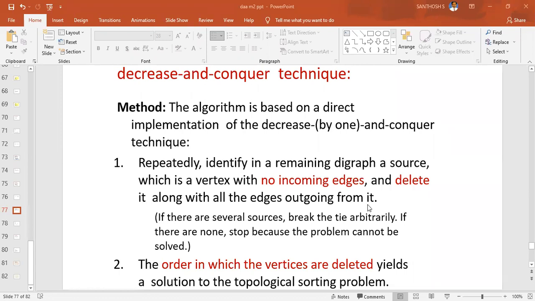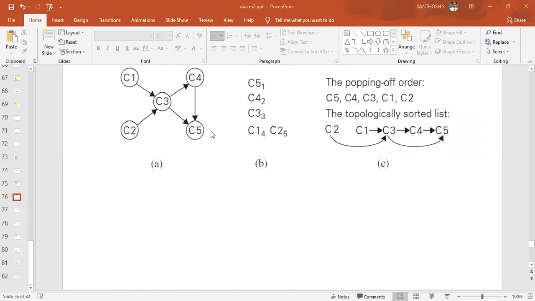There you were going with outgoing edges, but here with no incoming edges. So with no outgoing edges from C5, you remove C5. All the links will be deleted. Next, no outgoing edge, C4, you remove C4.